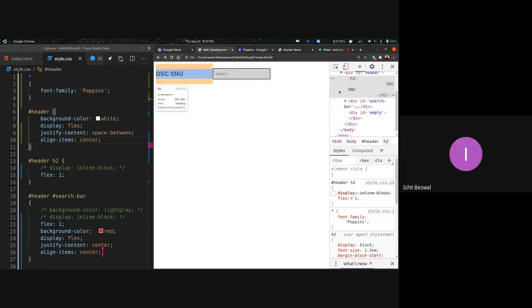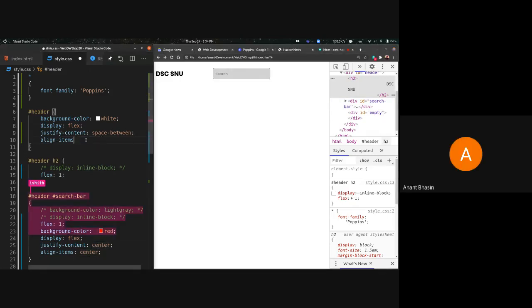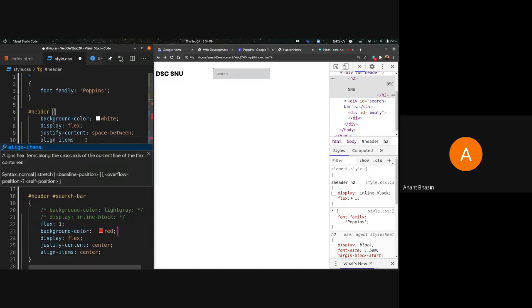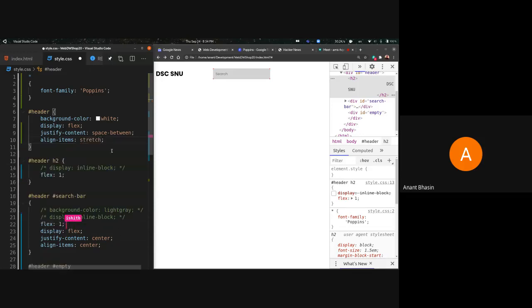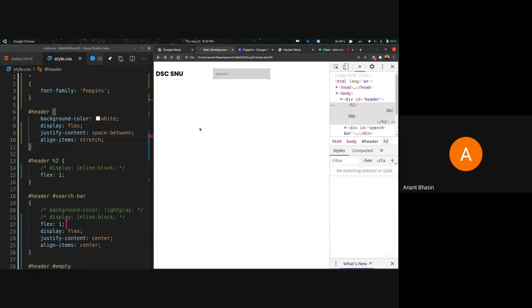Yeah. So this is something that you would be making use of very often to center your elements. And if we just show the align items property possibilities, by default it is at stretch. What stretch means is, just to show what exactly is happening, if I reload again, so this is,